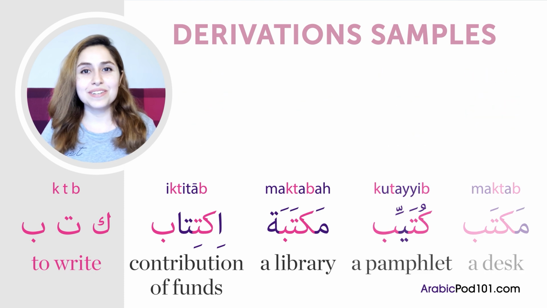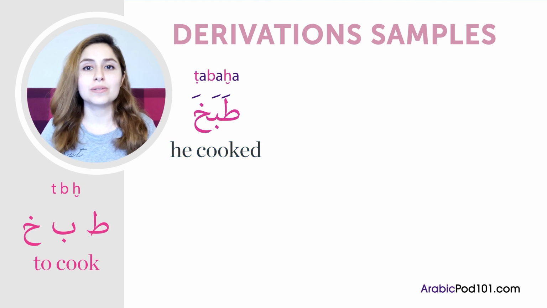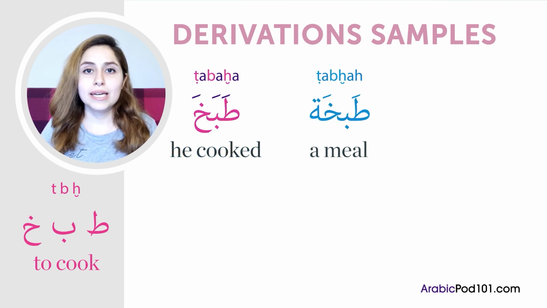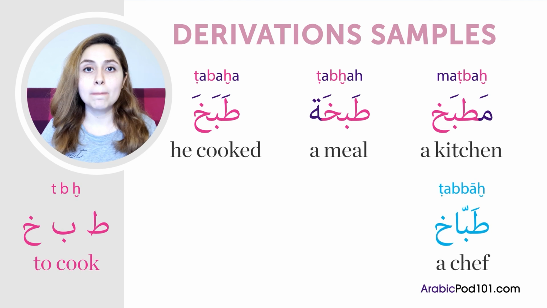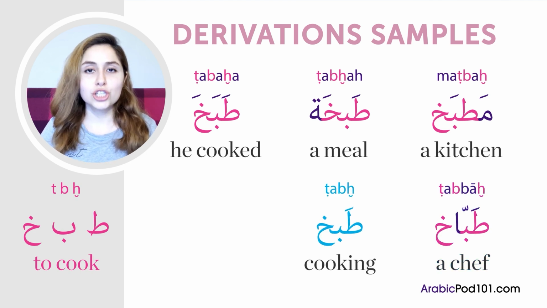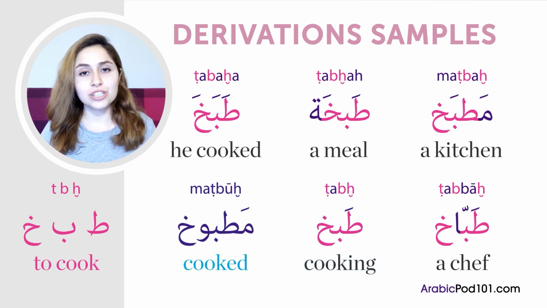Now let's see the variations of the verb to cook. طبخ, he cooked, which is the root. طبخة, a meal. مطبخ, a kitchen. طباخ, a chef. طبخ, cooking. مطبوخ, cooked. As you can see, letters are often inserted in between the root letters, not just as